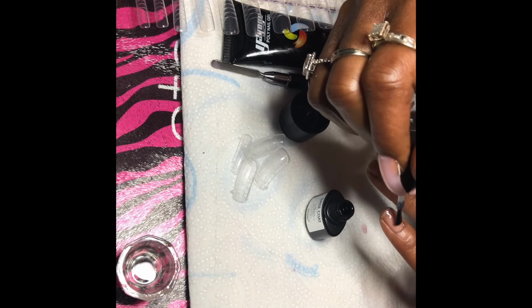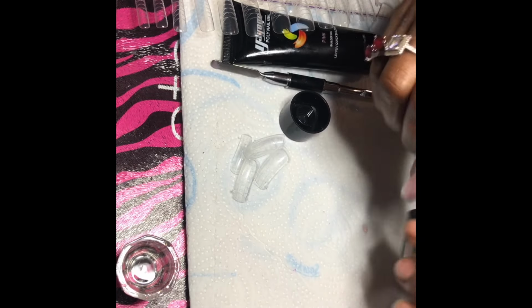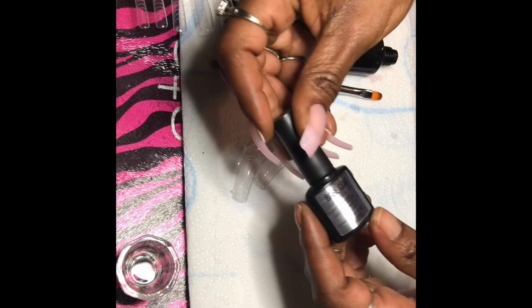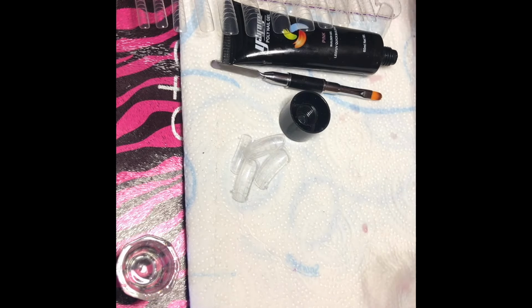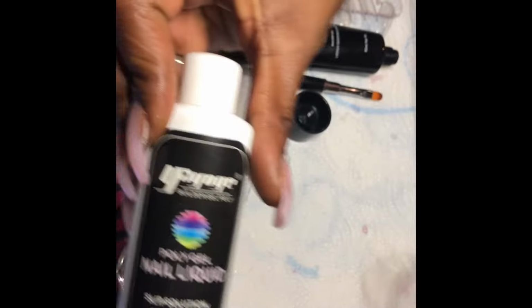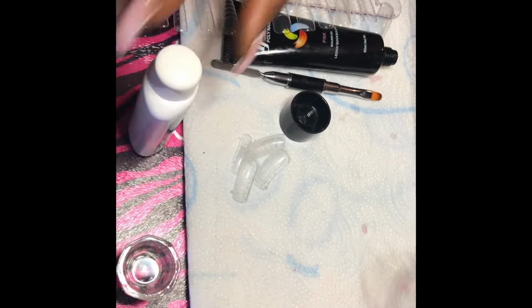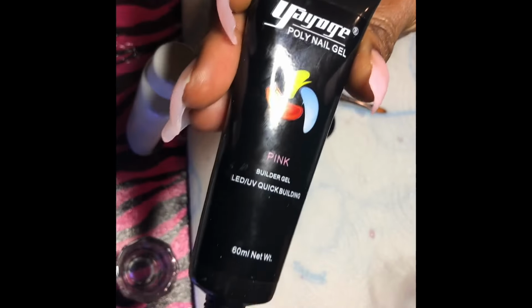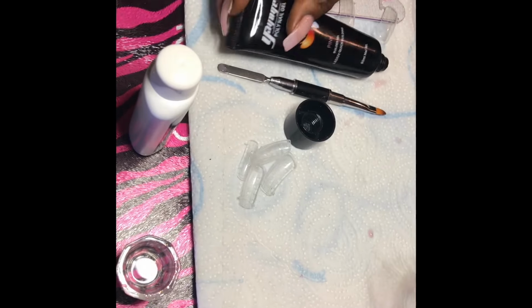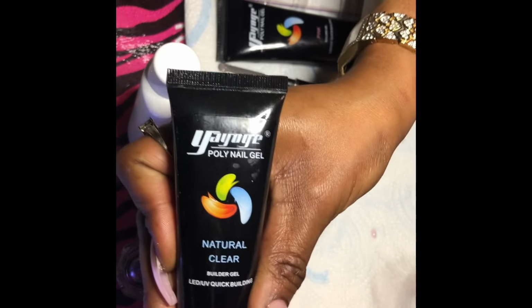And you only need a thin layer of it. The more you put the... and I'm using the, I don't know if I'm saying it right, Wayamori polygel liquid one. And I'm using the pink builder gel. It comes with the natural clear,